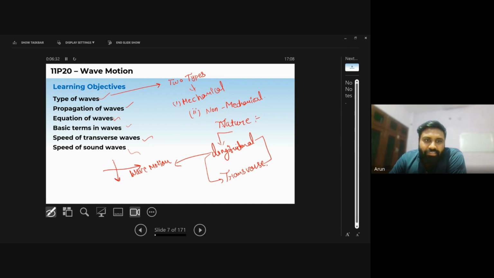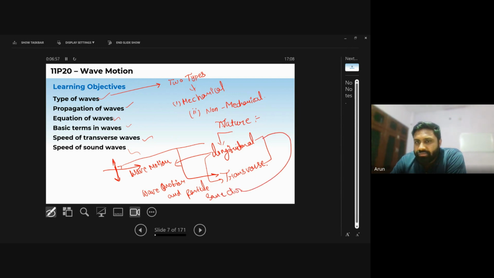Particle motion is perpendicular to the wave motion. That wave is termed as transverse wave. But if wave motion and particle motion are in the same direction, then those waves are termed as longitudinal wave. Okay,